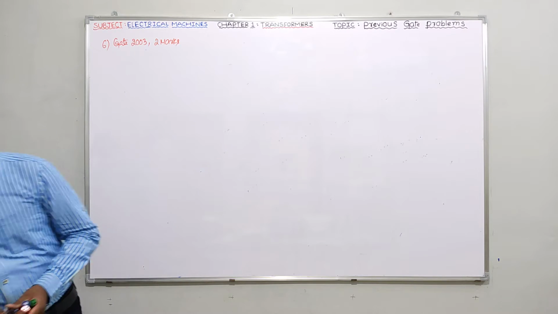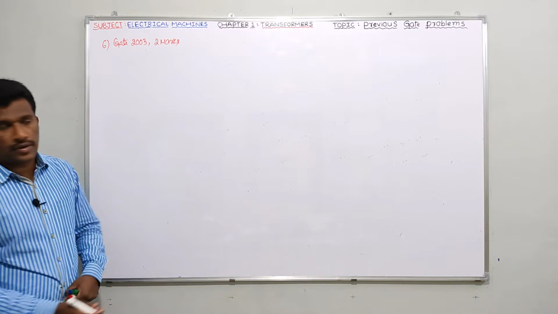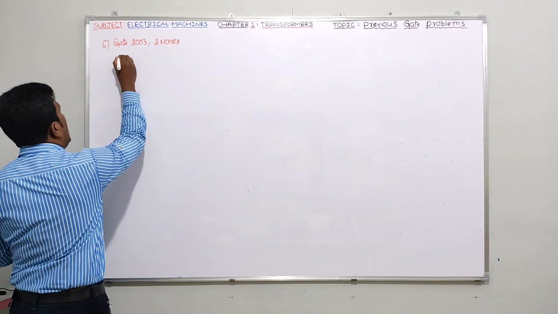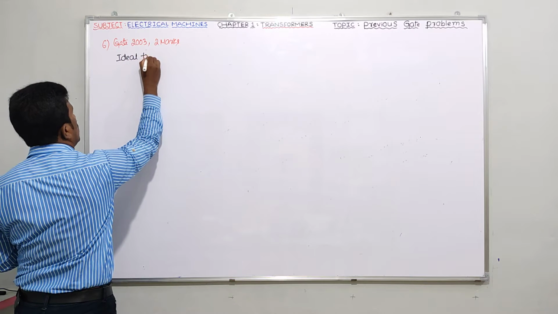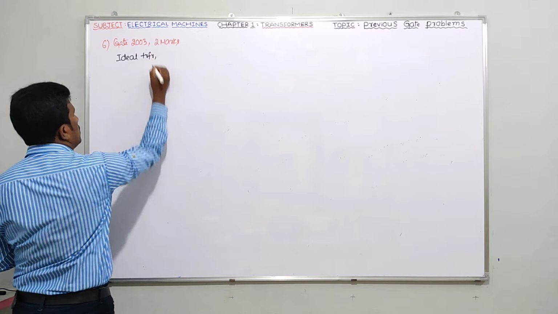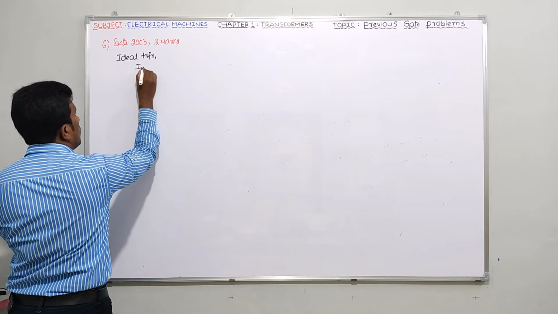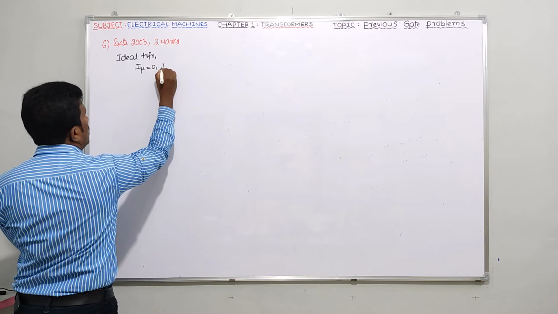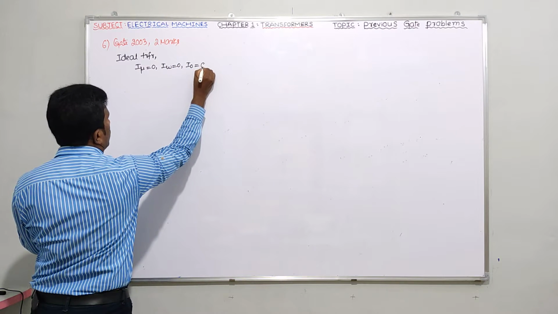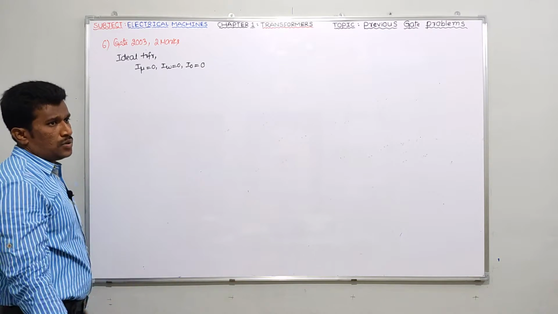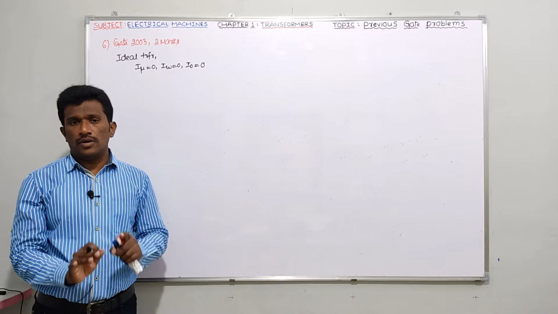Figure shows an ideal 3-winding transformer. Please guys, ideal transformer means, I already told you, wherever you are able to see this term ideal, simply keep I mu equal to 0, IW equal to 0, I naught equal to 0. For this reason also I had given the videos, please try to go through them. So the figure shows an ideal transformer, simply you have to keep I naught equal to 0.